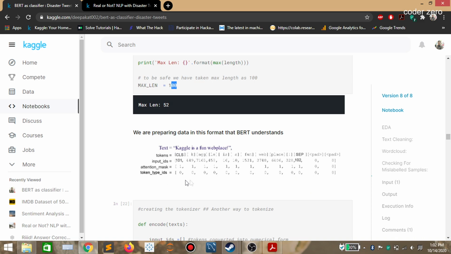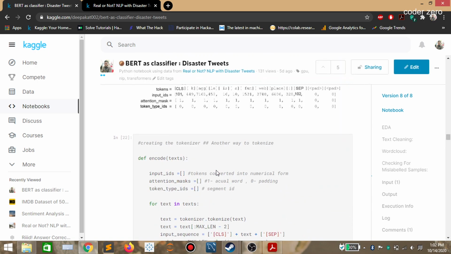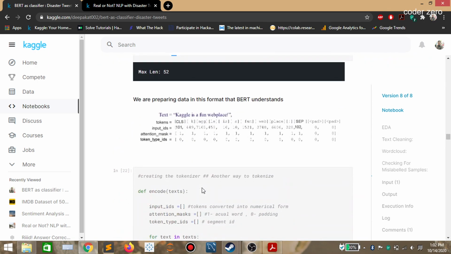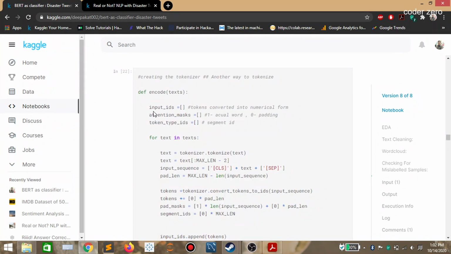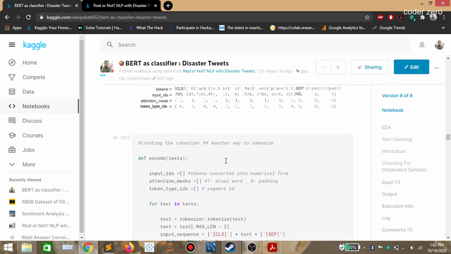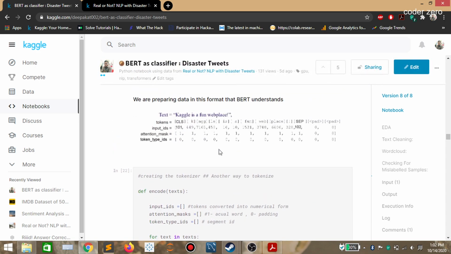Token type IDs are just to identify which one is sentence 1 and which one is sentence 2. So we are creating this format of input for BERT. Here these are input IDs, attention mask, and token type IDs. We are creating a function to create the BERT understandable format.